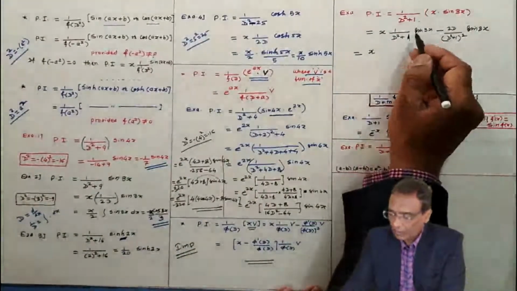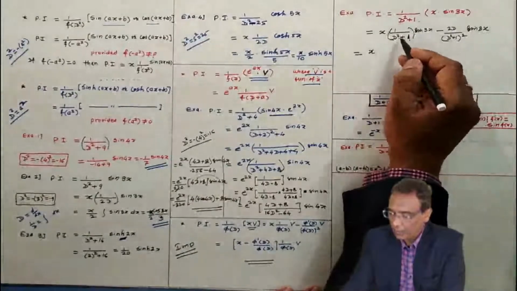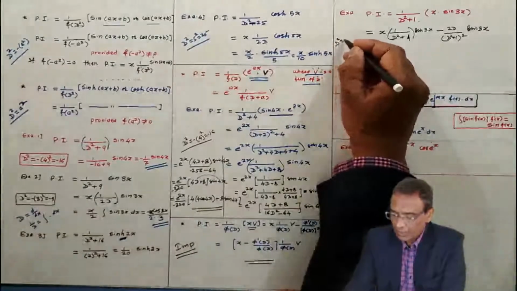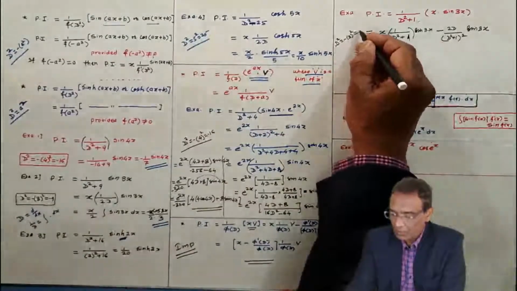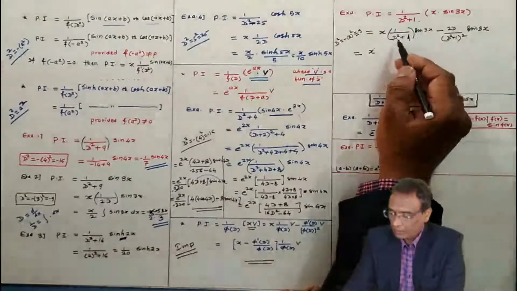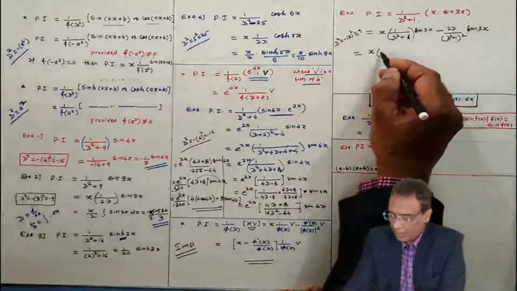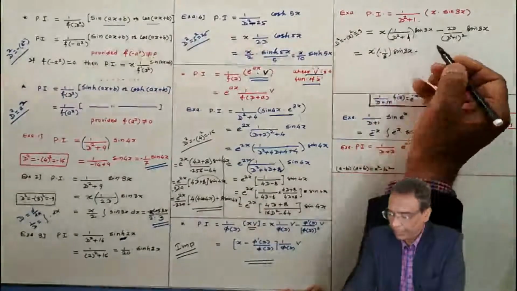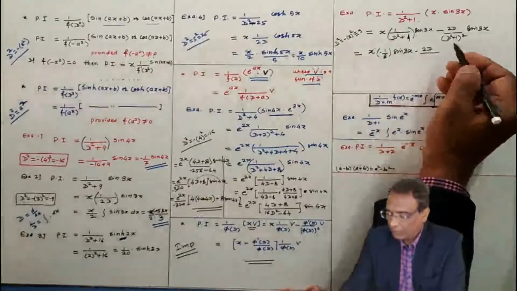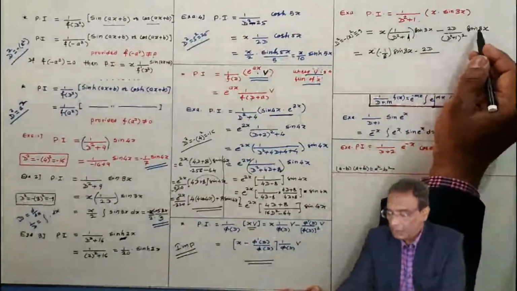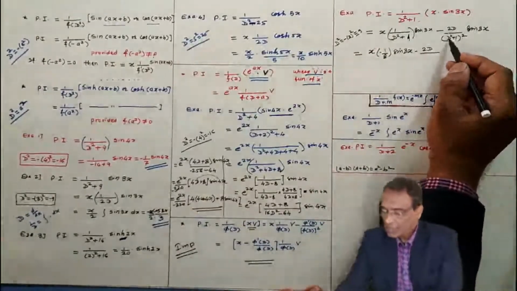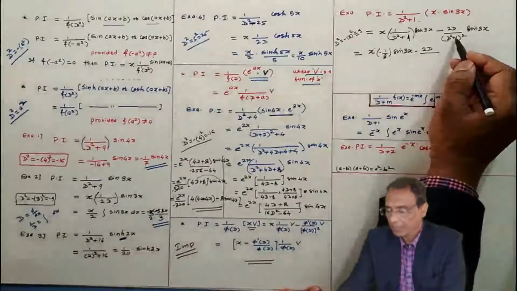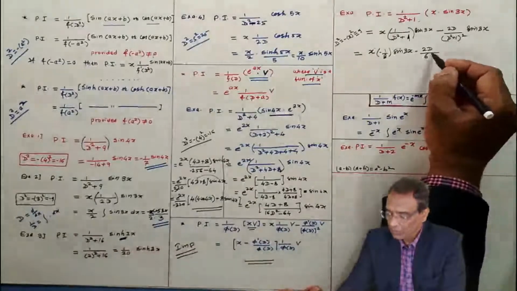X, this operator I am operating on sin 3x, replace d square by minus 3 square, which means minus 9. This minus 9 plus 1 is minus 8, directly writing sin 3x. Now, what did I tell you? When you operate on a sine function or cos function, d square is the target. Put d square equal to minus 9, minus 9 plus 1 is minus 8, whole square is 64, directly written.